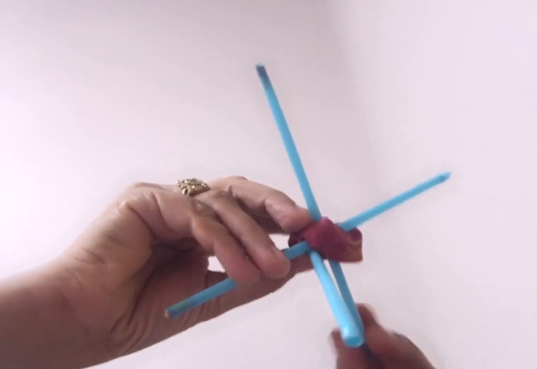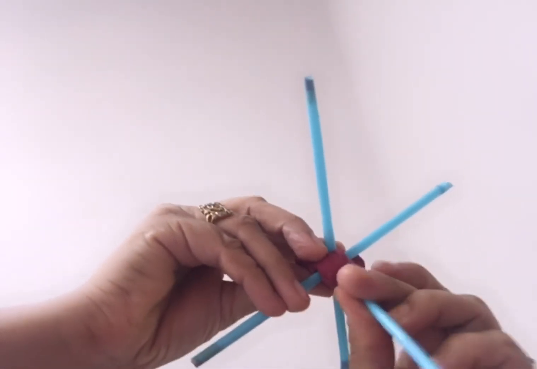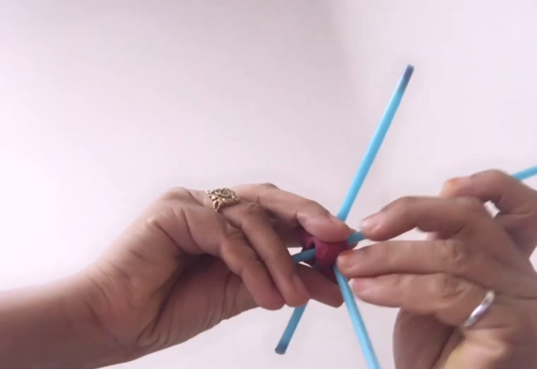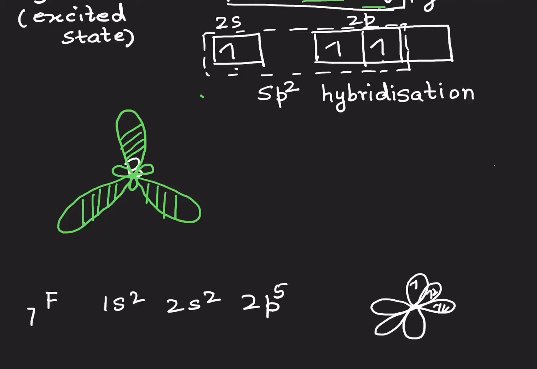But after hybridization, their energy gets redistributed and they are aligned according to the shape of the molecule. So when I am talking about fluorine, if you notice over here, 2 of these are completely filled up